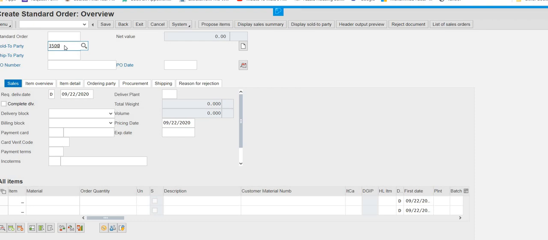If someone has 501, they will write 3501. If someone has 520, they will write 3520, and so on. Okay. So we put it in this field, and in the purchase order number, they ask you to type your GBI number. Again, my GBI number is 500.